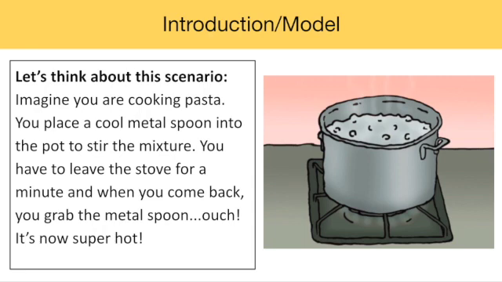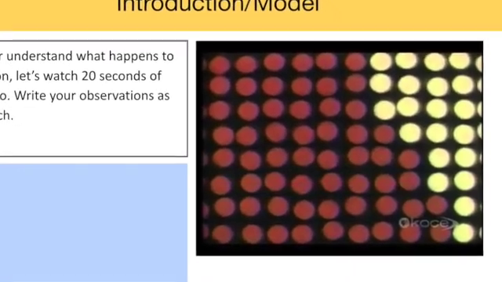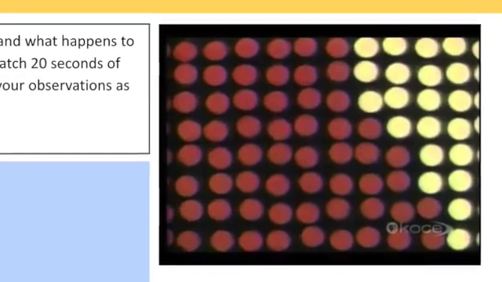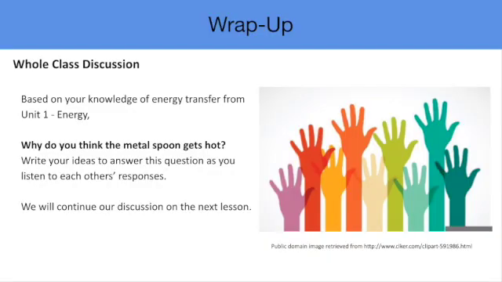Then, the atoms or molecules in the spoon transfer thermal energy to each other, up the handle of the spoon until the entire spoon has much more energy and feels hot to the touch. To help students develop an explanation of what is happening in this scenario, first, show them the video embedded in slide 15 about conduction. After students have had an opportunity to think on their own, they can share their ideas